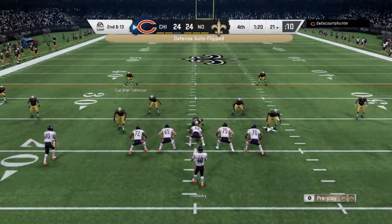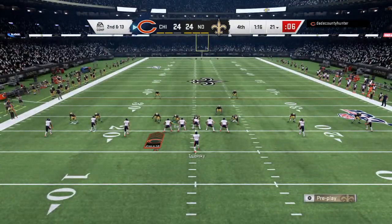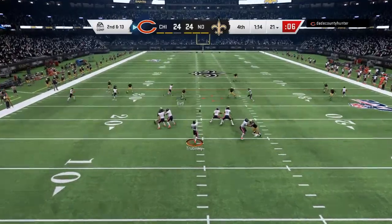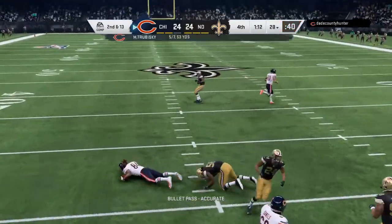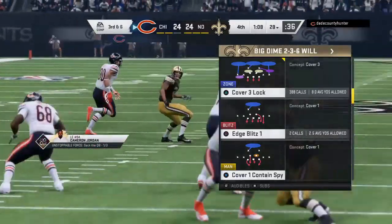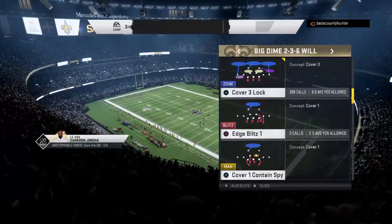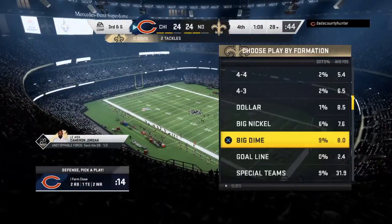So now they have to contend with 2nd and 13 after the first down run goes backwards. Here's Trubisky. That's Cordero Patterson hauling it in. And this one will go to the 28-yard line. The Saints going to call the first of their timeouts as they'll talk it over here before what will be